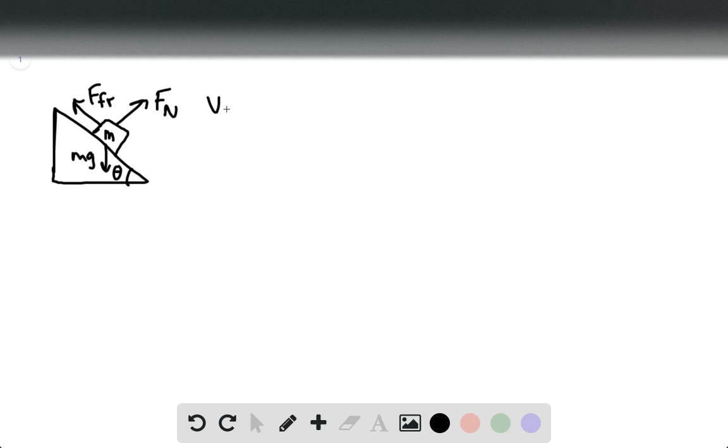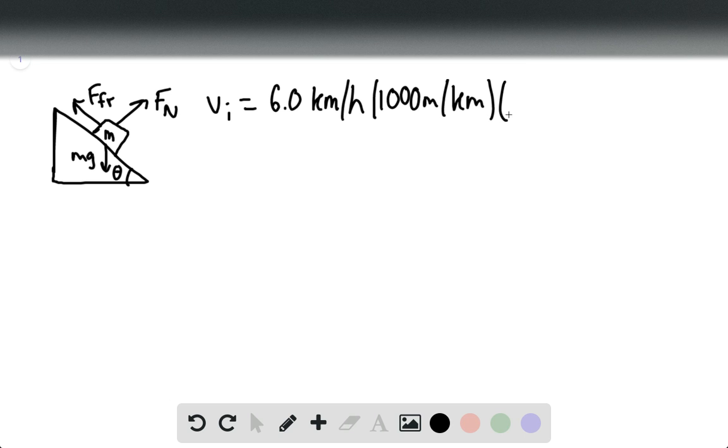So first of all, we know that the initial velocity equals 6.0 kilometers per hour, and we're going to convert that into meters per second, so 1,000 meters per kilometer, and then 1 hour for every 3,600 seconds. And this is giving us 1.667